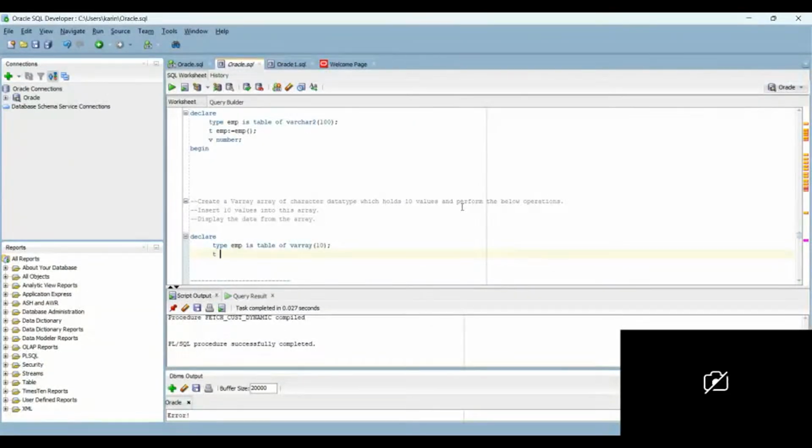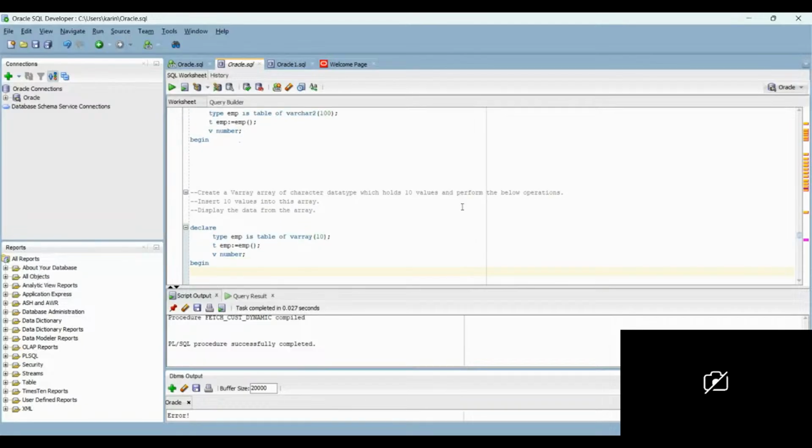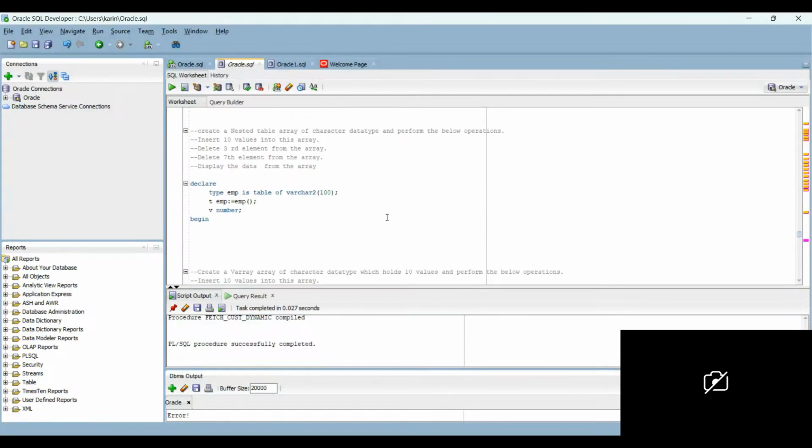Same thing, and emp, this is the syntax of this, and v number I'm taking for the loop addition after that. And the same concept which I applied already above, you can apply here also. So I think you got the point and understood the concept, how I perform the task. So this is the simplest version for all of it. If you are not able to perform it properly, you can just